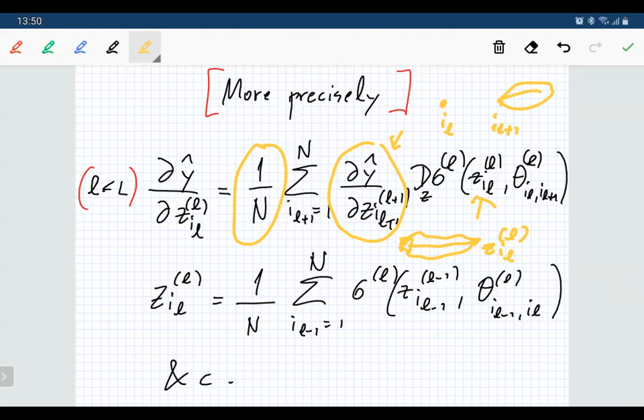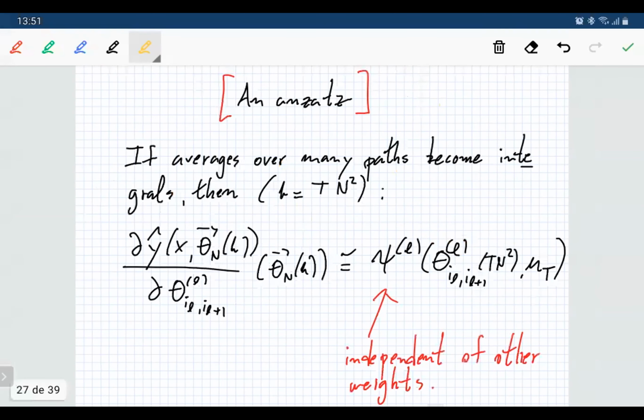And so you can do all of this and convince yourself. I mean, if you've never seen this, it's perhaps a bit mysterious, and I'm not going to try to do much about it. But you can sort of see that when you write down the gradients, you get lots of averages over paths or averages of linear functions of averages. And okay, so if the ansatz we use is very simple, so if these averages over many paths become integrals